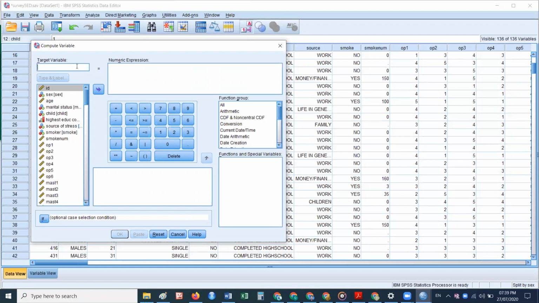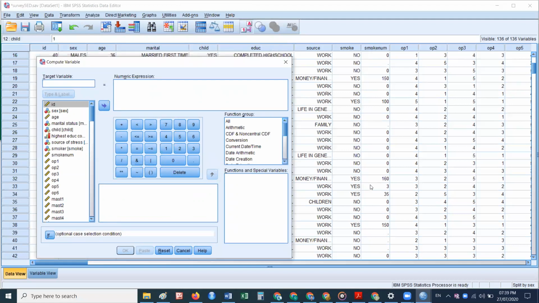Suppose I want to construct another column, smoke num divided by 2. Suppose half of the cigarettes are smoked in the daytime and half at night time. So I'm going to describe another variable, half smoke.